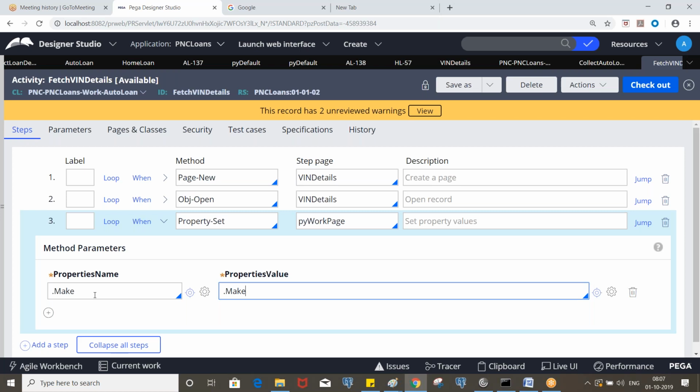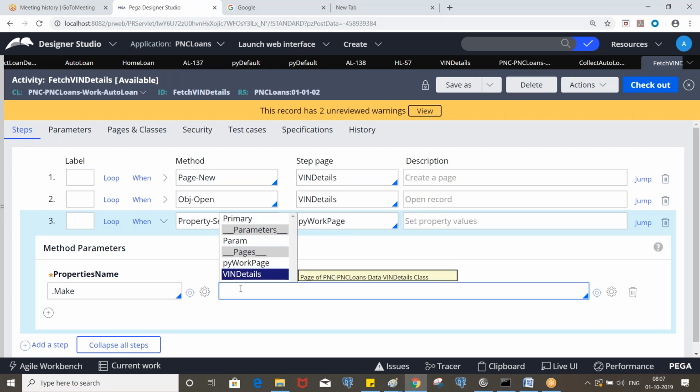Null will be assigned to null. Nothing will happen. So we need to take this make value from the win details page. So win details dot make. If I use the step page as win details, then here we need to put pyWorkPage dot make, and here we can directly specify make. Okay.